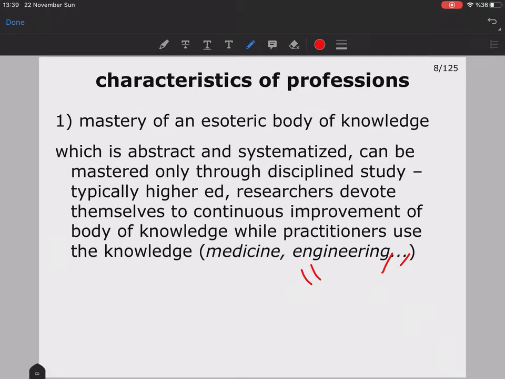the knowledge to help people, or to transfer this knowledge to society, to end users, for example. That's what you will most probably be doing when you graduate, in a company or something. When you're writing code or creating projects in a company, you will be practitioners. We have such people in engineering, for example. This is the same for medical science as well.